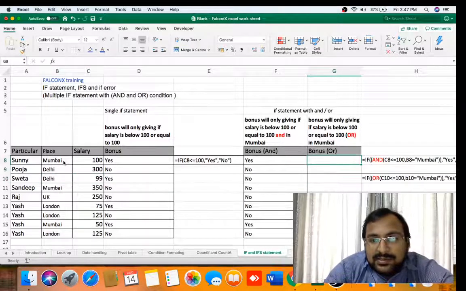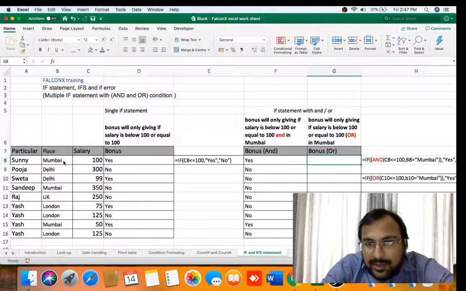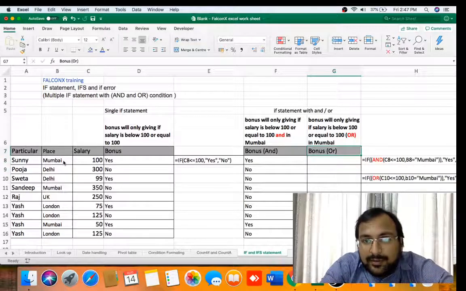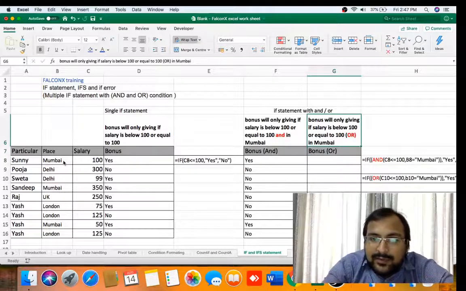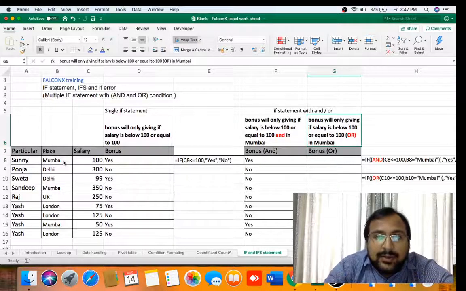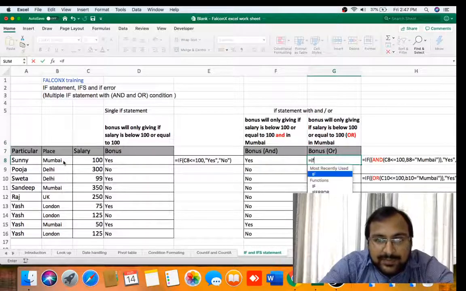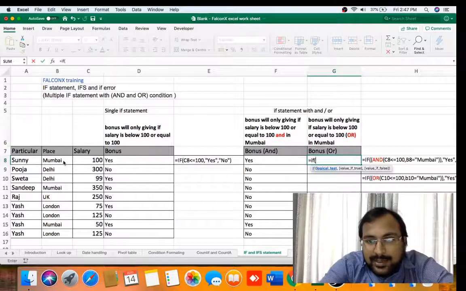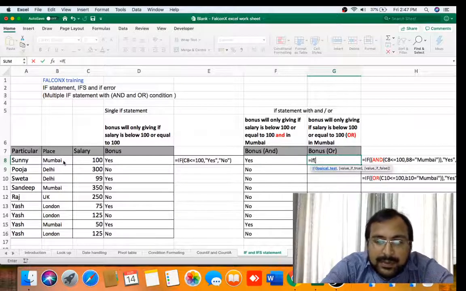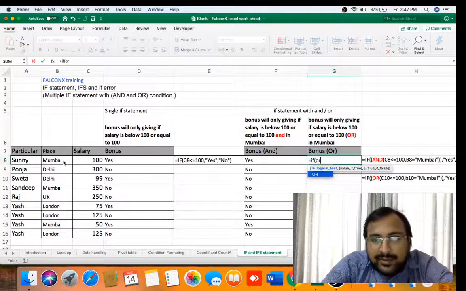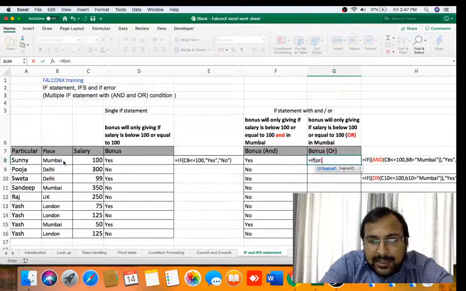Now let's do an if statement with or. Bonus will only be given if the salary is below 100 or equal to 100 or the place is Mumbai. Now we have two conditions. If statement, bracket open, or statement, bracket open.